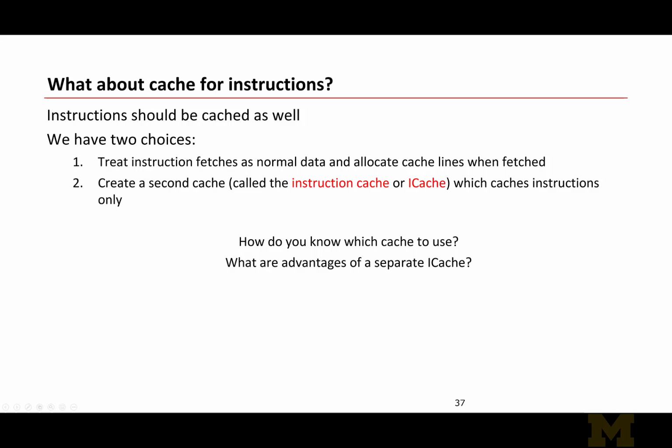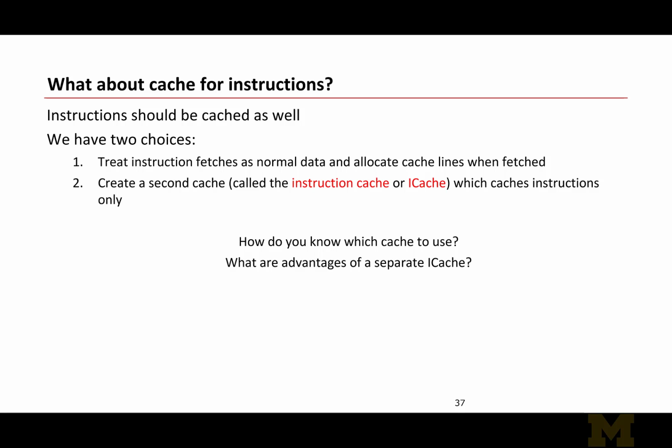So far, we have been talking about caching data, but keep in mind that when you execute a program, you need to bring in both instructions of that program as well as its data. So where do you store instructions? Like data, you store instructions in memory as well, and those instructions are also stored as part of data in the program's address space. So when you execute any instruction, you need to access memory to get its